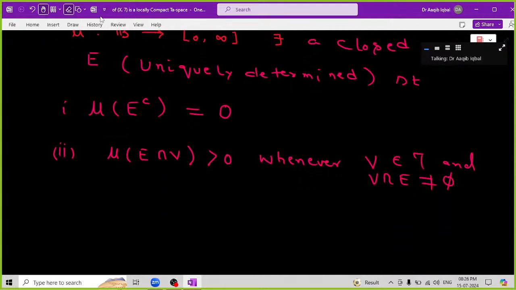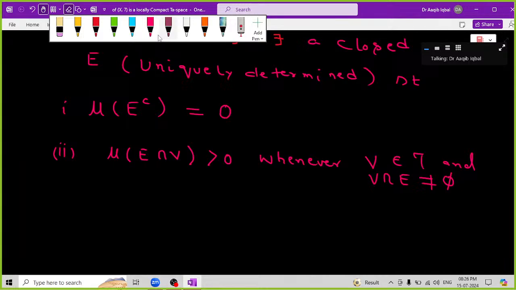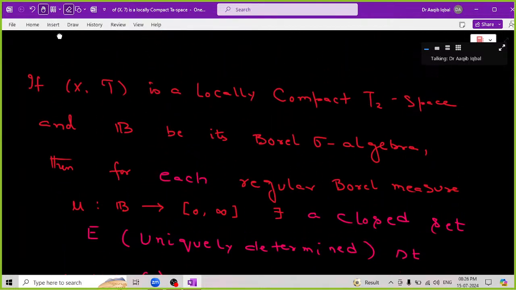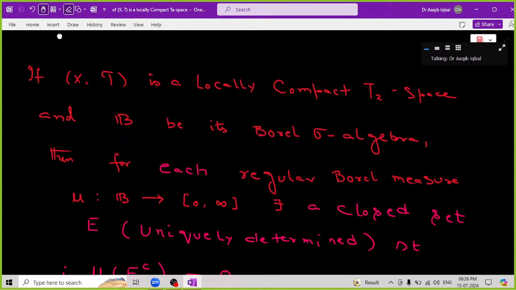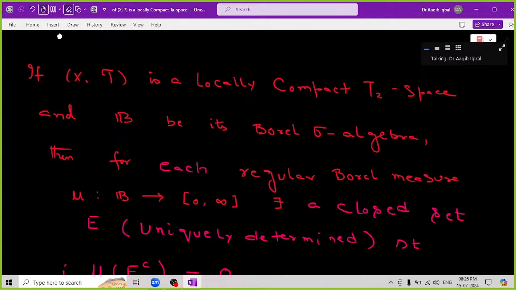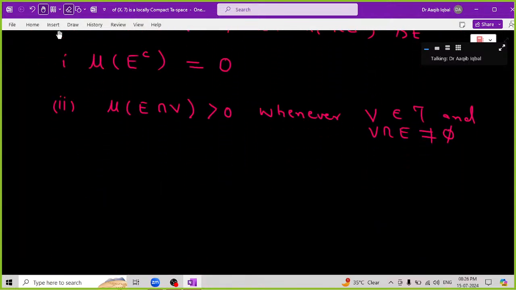ठीक, और ये जो सेट है इसको हम कहते हैं द सपोर्ट, ये मैंने कल ही आपको बताया था. This set E is called the support of mu. सो बेसिकली हमने कल प्रूव किया था, every regular Borel measure on a locally compact T2 space has a support. ठीक,